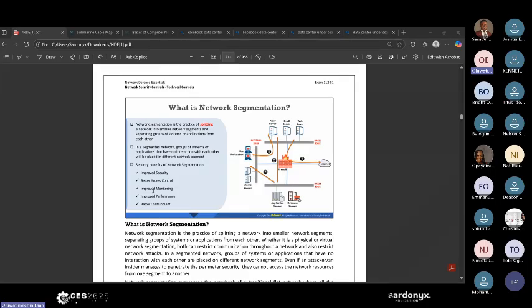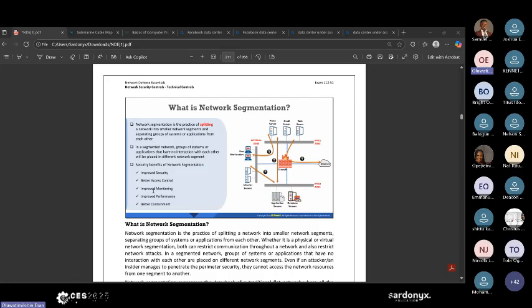It will be very easy for me. And I can define rules based on different ports. I say that one person can communicate using FTP, another person cannot communicate using FTP. So I can have a standard access control list or extended access control list, depending on what I want to do. But segmentation will make it easier.